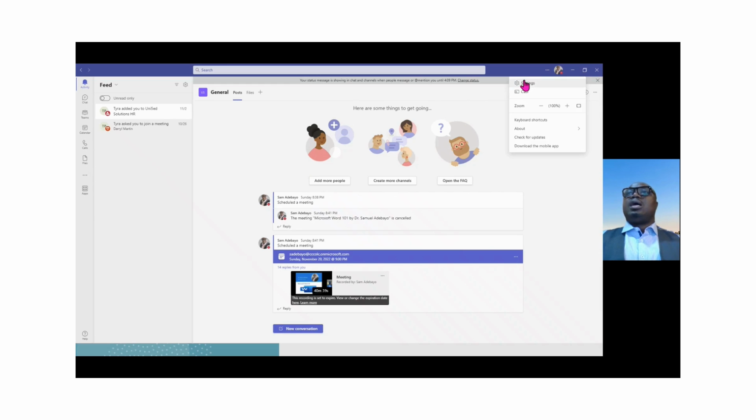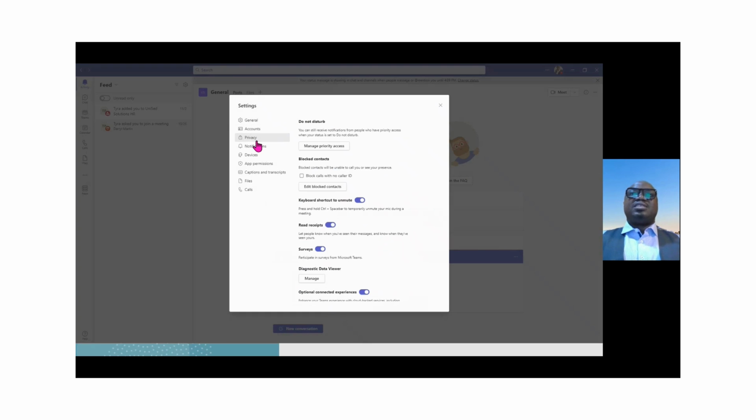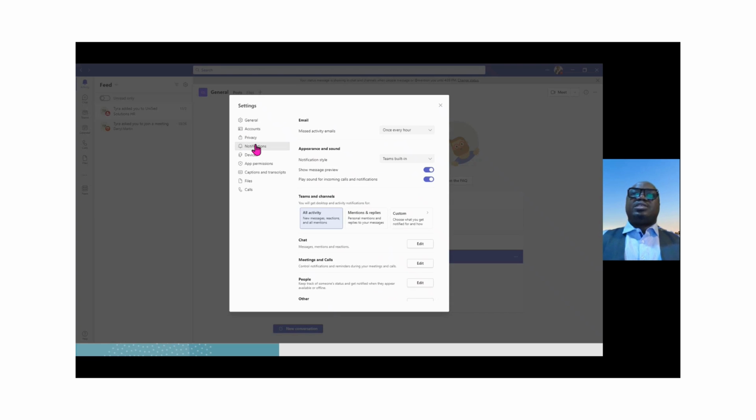And also, we can adjust our privacy setting. Like I said, we have talked about do not disturb, read receipt, let people know when you have seen their message. You can set it up, so when people send you a message and you read that message, people can know that you have read that message. Okay. So also notification as well. If you don't want to miss any activity, you can set up how soon you want to receive email. It's as soon as possible, once every 10 minutes, once every hour. I would say as soon as possible. So that is what I'm going to set here.